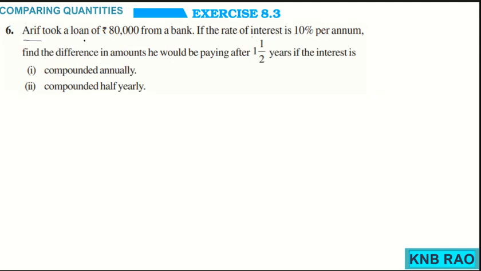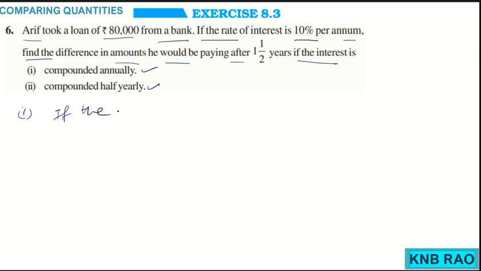Arif took a loan of 80,000 from a bank. If the rate of interest is 10% per annum, find the difference in amounts he would pay after 1.5 years if the interest is compounded annually and if the interest is compounded half yearly. Now, we will do one by one. First, coming to the first one,